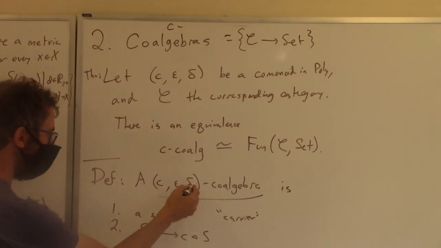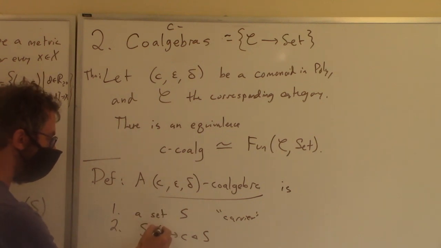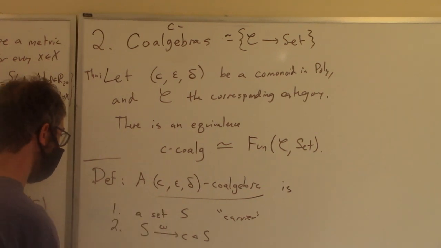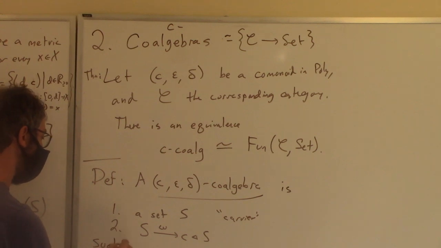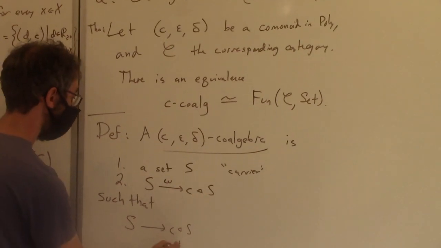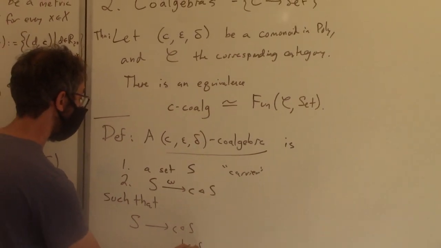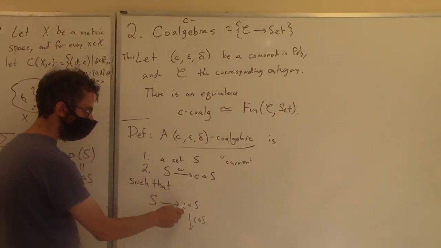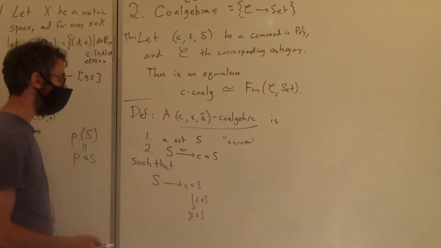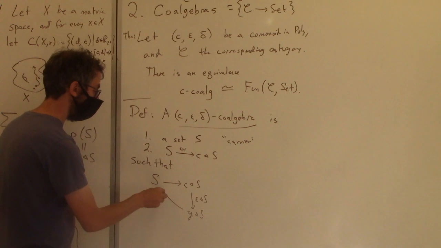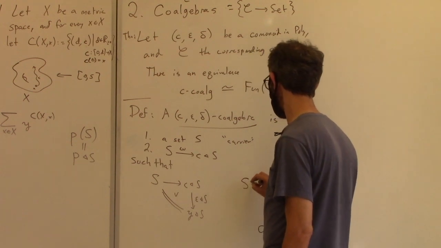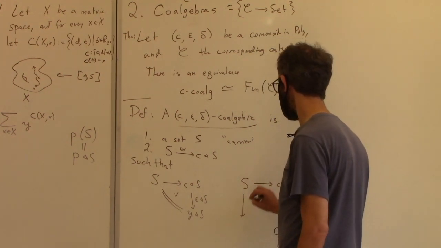But since C has this extra structure, we should ask that this map, omega, or whatever we call it, should also have some extra structure. We know how to go from S to C composed S, but we also know how to apply epsilon, and we can apply it to this factor and leave this factor alone, and we get Y composed S. And Y composed S is just S. So these are the same, and we ask this to commute. And we ask another one to commute too, that if we went to C composed S via omega,